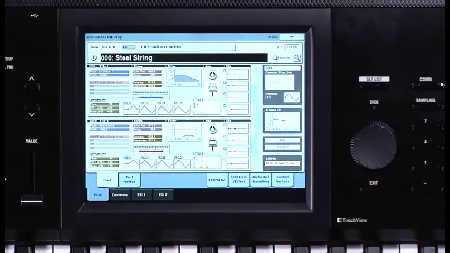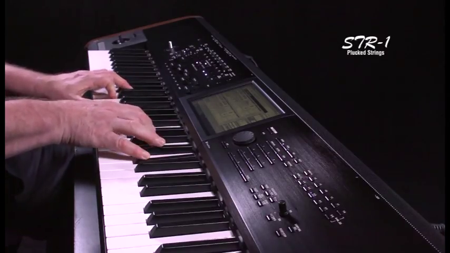This next sound engine uses a completely different technology, physical modeling. The STR1 plucked string synth